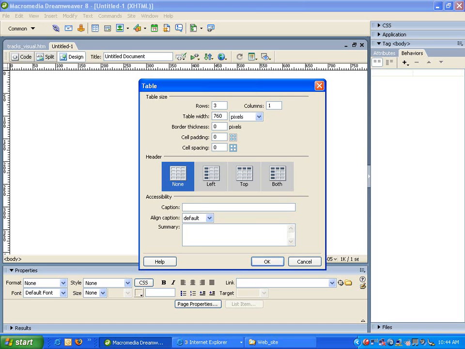Table width is 760. And this is an important option to decide: you want your table width to be in pixels or in percent. What is the difference? If you created your table in pixels, this means